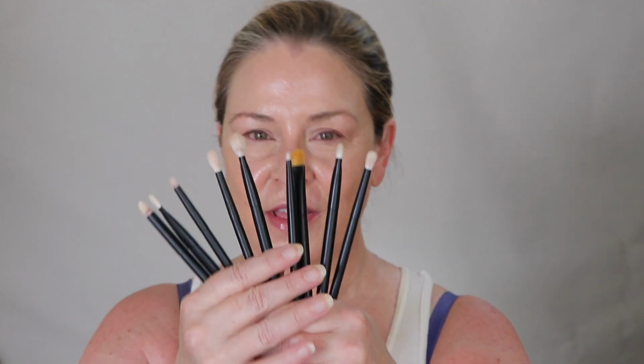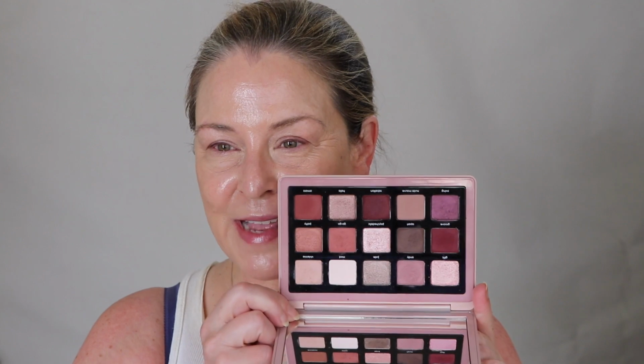I didn't want it to be like, hi, I got these, let's put them to the test. I wanted to see which ones I pulled to the most, how they work for me, and here they are. So rather than just talk you through everything, I think I'm going to do a couple of looks. And I'm going to use the Natasha Denona palette, Retro. It looks like this. I did a video on it, and I have to say, you guys, very quickly that